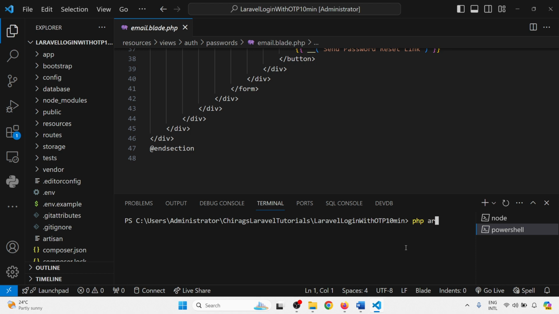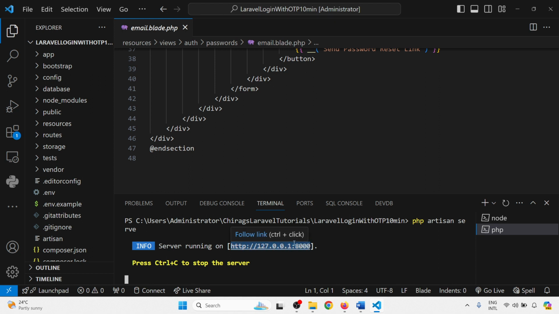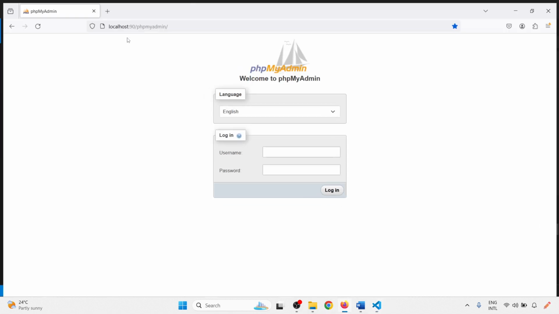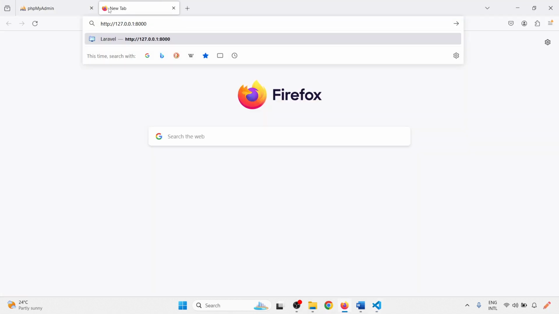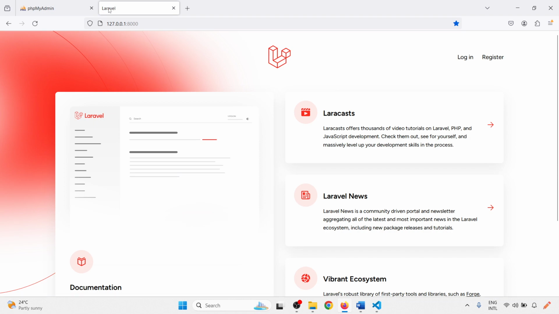So command is php artisan serve. Click enter. So my server is running on 127.0.0.1 port 8000. So copy the path, or you can open with Control plus click. Both ways you can open. Okay, so my page is working and Laravel is working. This is the Laravel default page,